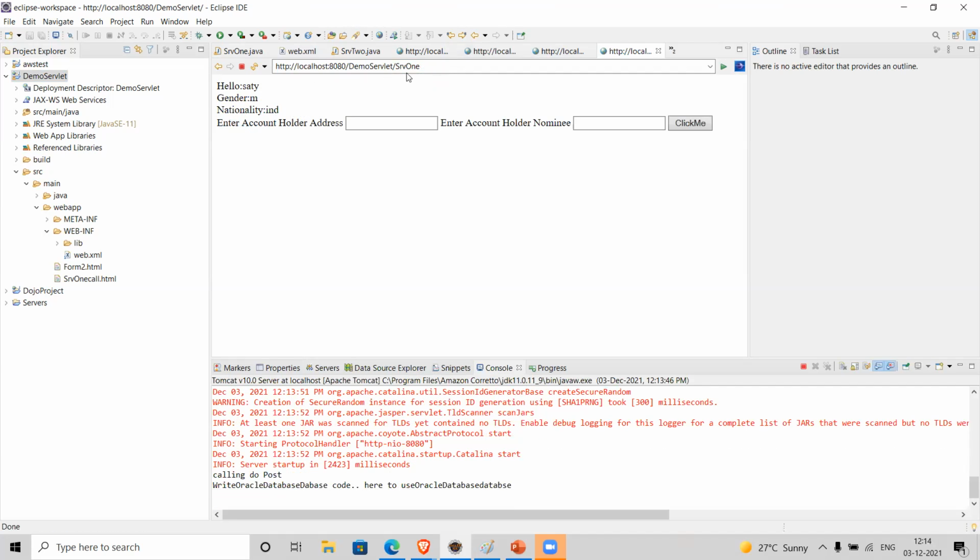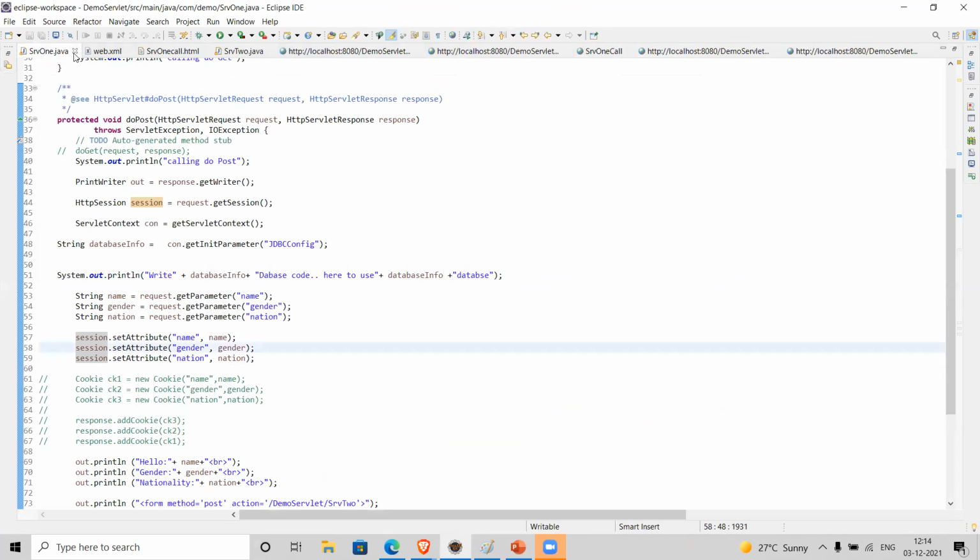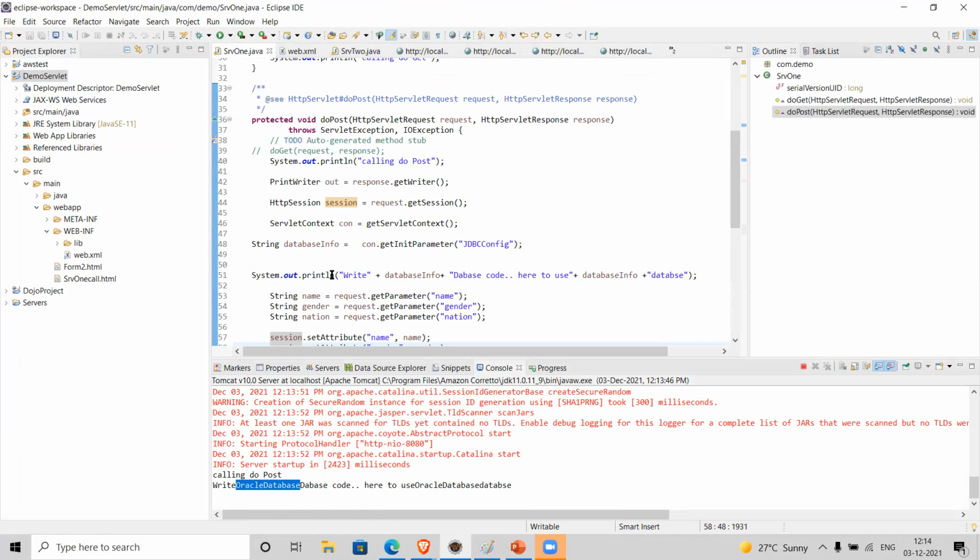So I transmitted this information to SRV1. See, Oracle database. From where is it picking this one? Did I write Oracle in my code? No, it is taking it from the web.xml. Yes, it is picking from web.xml.